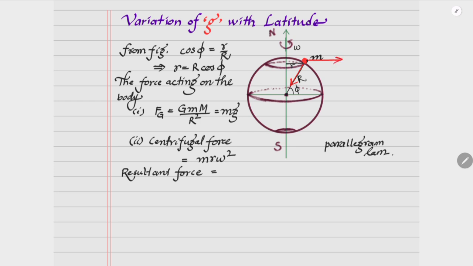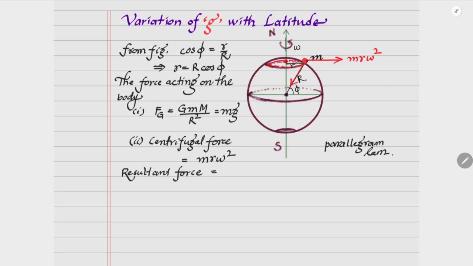That is given by m r omega square, we know that. Now if you draw that circular path in which it is rotating because of the angular velocity of the earth, the body also has the same angular velocity. And similarly, if you draw these two vectors like a parallelogram,